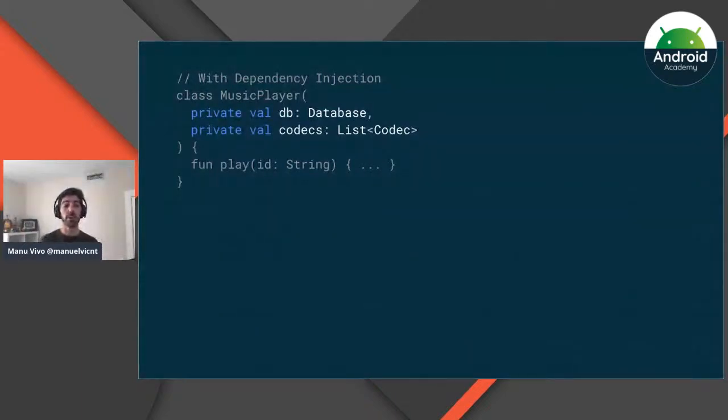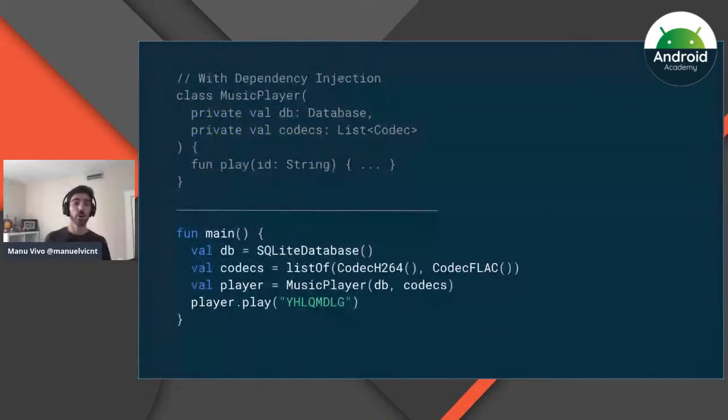But now, whenever you want to create this music player, you have to build those dependencies beforehand. In this case, for example, from the main method, you have to create the database, the codecs, and then with those dependencies, you can create the music player.